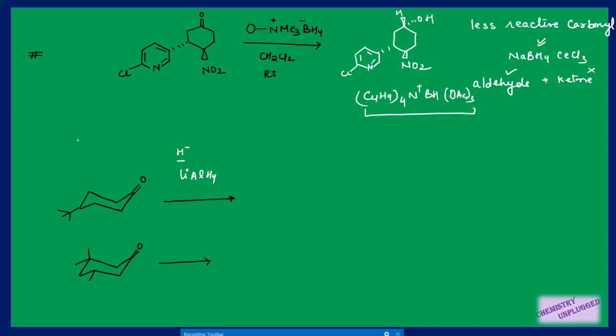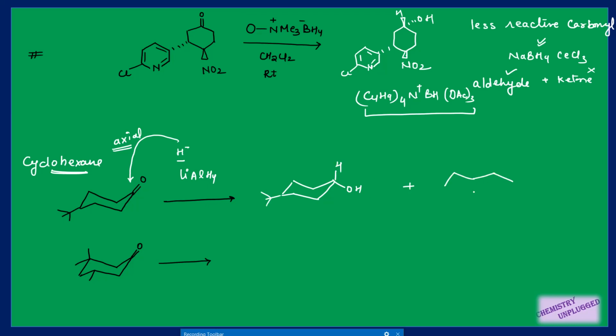So most of the time in case of cyclohexane derivatives, we have also discussed this point previously, that in case of cyclohexane derivatives, this hydride or any oncoming nucleophile tries to attach from the axial side. It always tries to attack from the axial side, and when it will attack axially, then this OH will go equatorial, right? So we have this product as well as we can have this one, axial alcohol also, but the major product is the one in which H is attached axially.